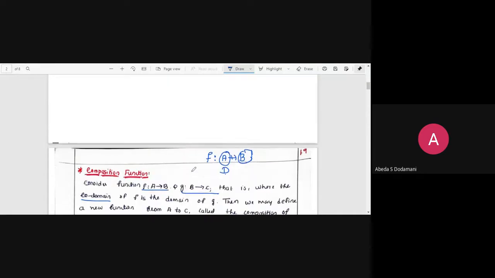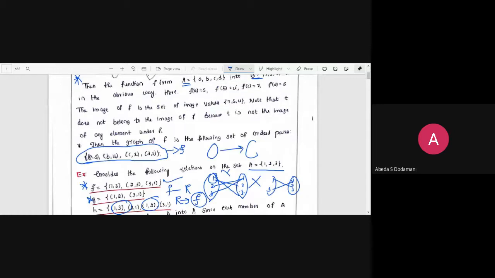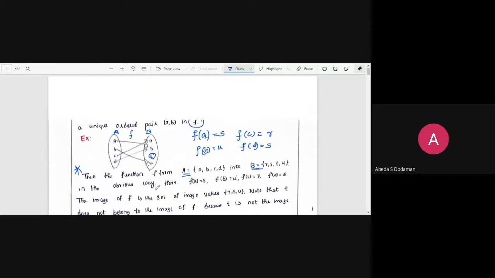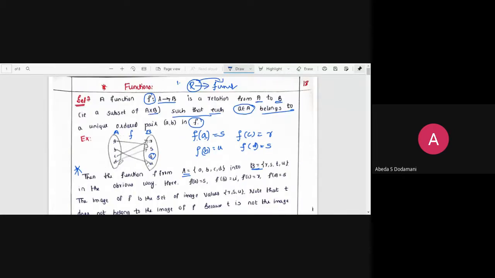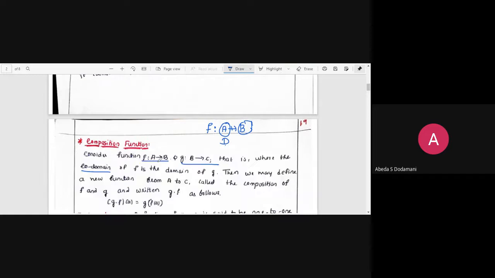So for example, in the first example above, here I show you, ABCD is your domain, RSTU is your codomain. Out of that, it is reaching only R, S and U. Thus, this set R, S and U is your range. So this is the basic difference between domain, range and codomain. Please remember the concept.